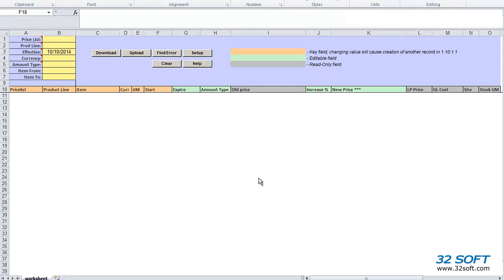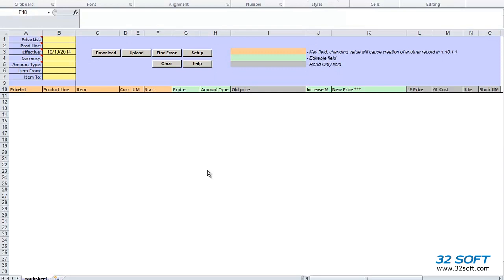This data loader has been designed especially for QAD pricing specialists who manage a large number of supplier price lists. You'll find this efficient and productive tool allows you to download data from QAD into Excel spreadsheets, where you can easily manage pricing details. Then, quickly and safely, you can upload your revised data right back into QAD. Let's take a look at how Supplier Pricelist Data Loader can help you manage your supplier price lists with greater